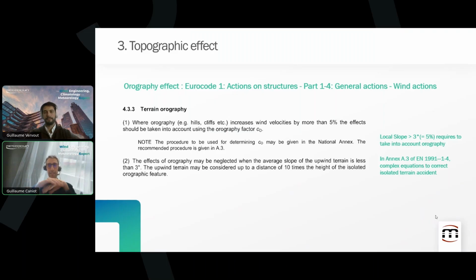Otherwise, you can treat it as flat in your project. Another thing to see is how far I should take into consideration the orographic effect. Here there is some kind of answer. If you have an isolated orographic feature, such as a hill, let's say a small hill for pedagogy, 10 meters high,